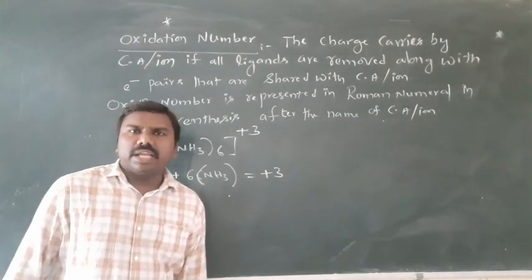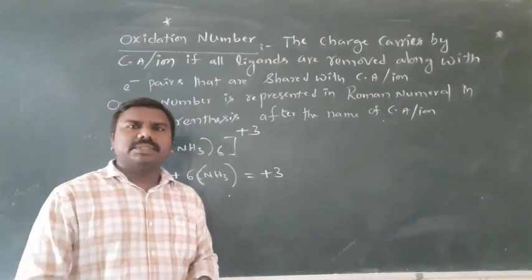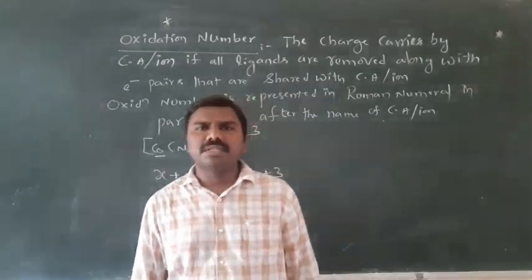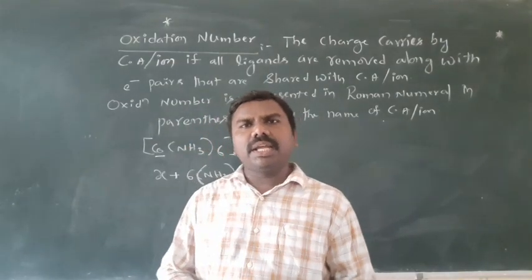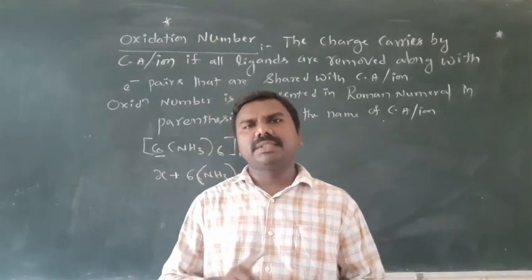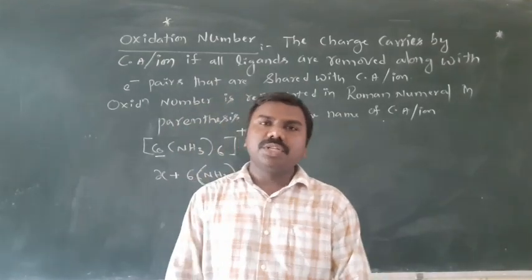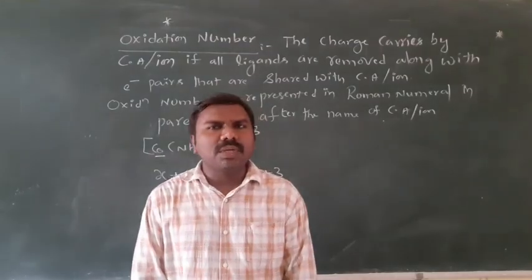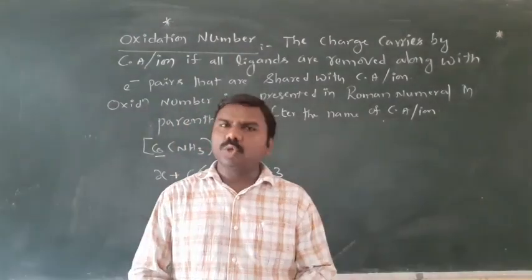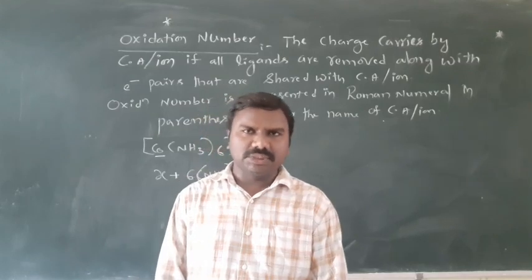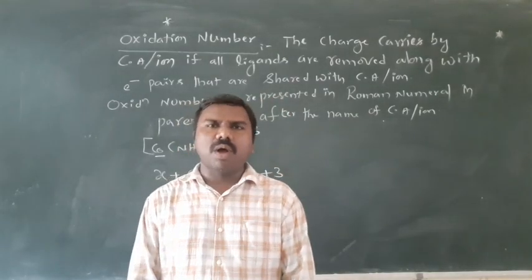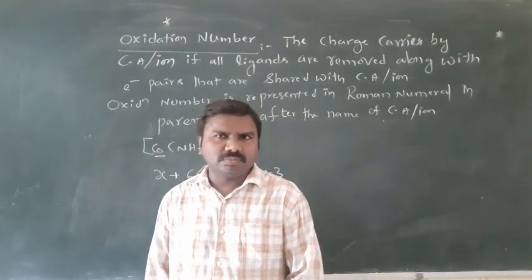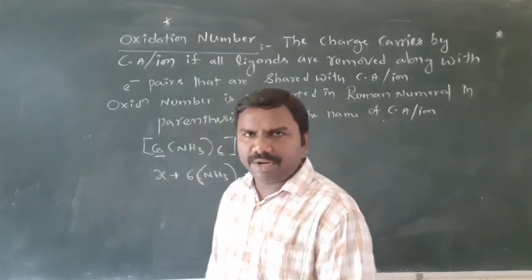NH3 is a neutral ligand. I gave you examples of negative, positive, neutral ligands. Neutral ligands means no charge. Negative ligands means minus charge. Negative ligand examples: Cl minus, Br minus, F minus, I minus, CO3 2 minus, C2O4 2 minus, SO4 2 minus. These are all negative ligands. Neutral ligands are NH3, ammonia, no charge; CO, carbonyl, no charge; water, aqua, neutral. Such ligands are neutral. Neutral means the charge will be taken as 0. Negative, positive you can easily identify.